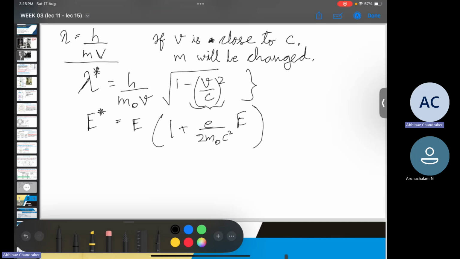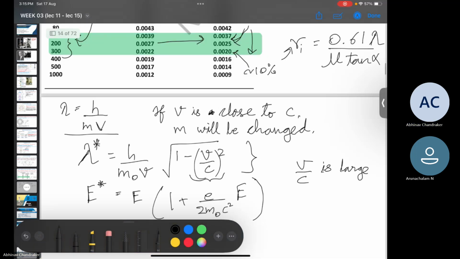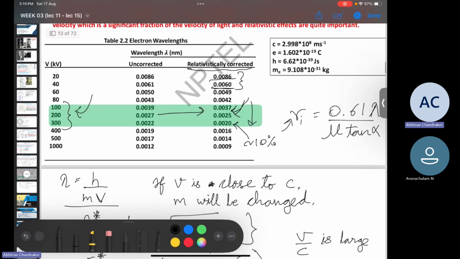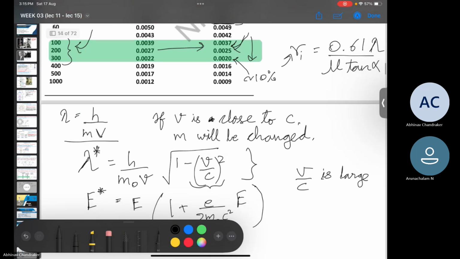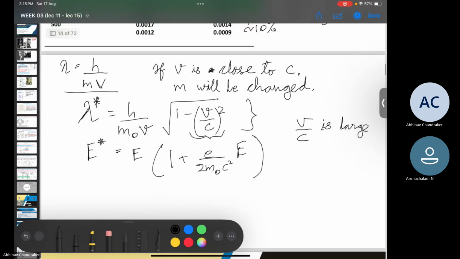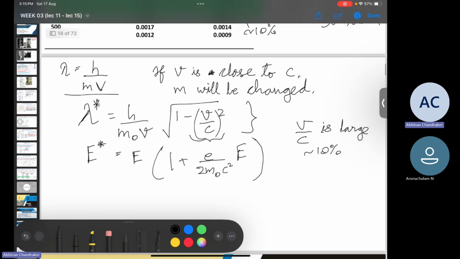But in case v by c is large, for example, approximately 10%, in that case it will be better to incorporate this relativistic effect and use the corrected lambda equation, so that the